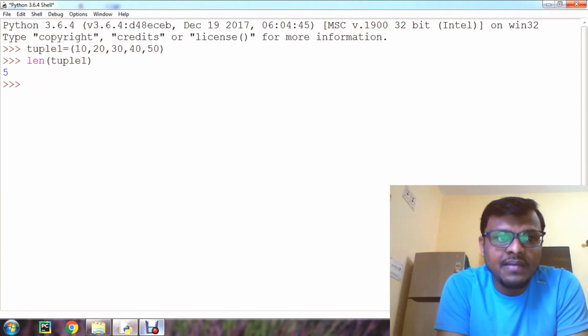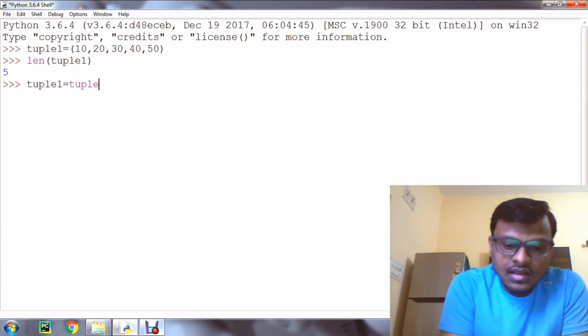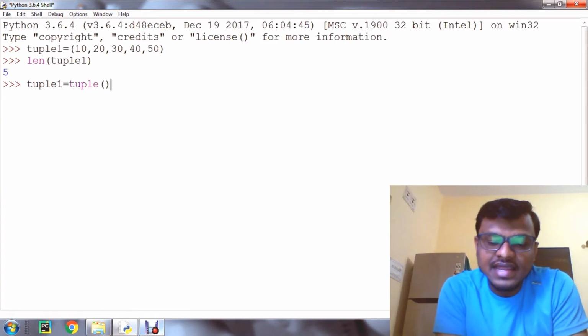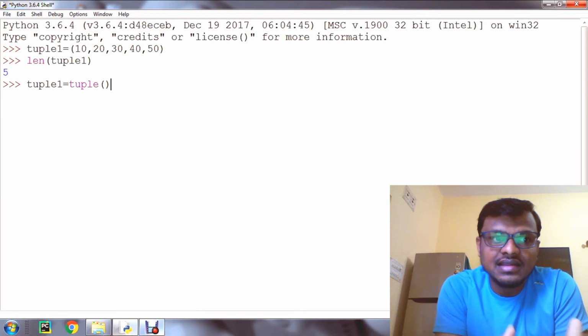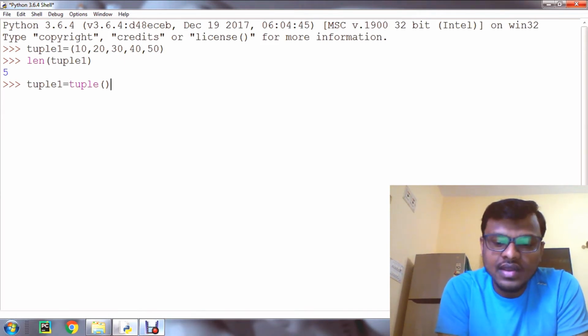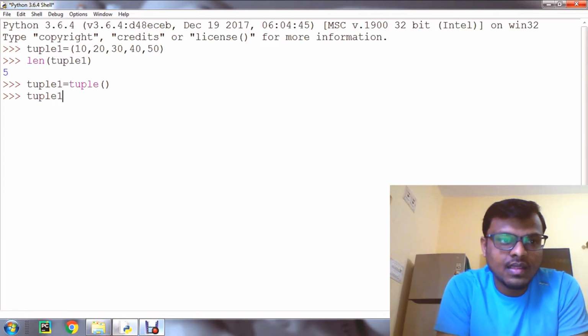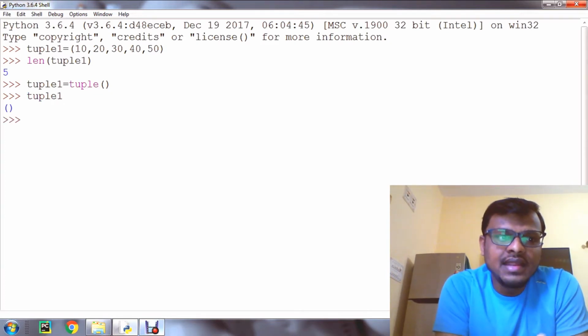For example, tuple1 is equal to tuple, and I'm not passing any arguments here. Then it will create an empty tuple. Check now, tuple1, so it is an empty tuple.